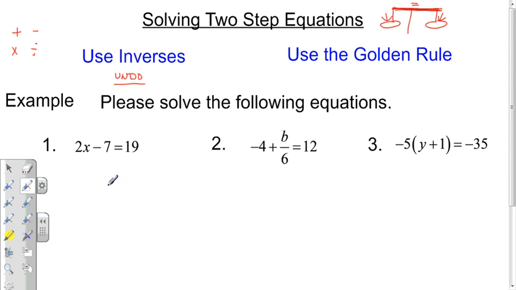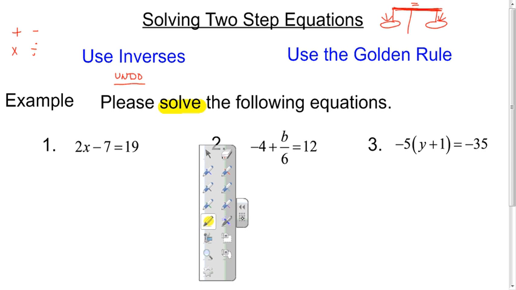So we're going to do a couple of examples here where it says, please solve the following equations. Again, solve means to determine the missing number that makes the equation true, and we will do that by applying the idea of inverses and using the golden rule. We will try and undo these equations to some extent, so we have to understand how they can be read in PEMDAS order going forward so that we can go backwards to find the original number that is